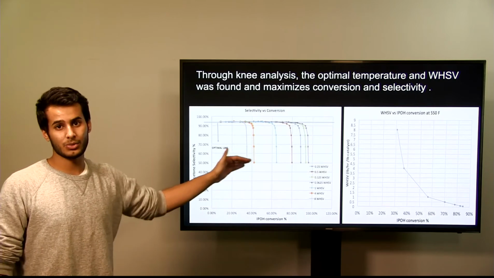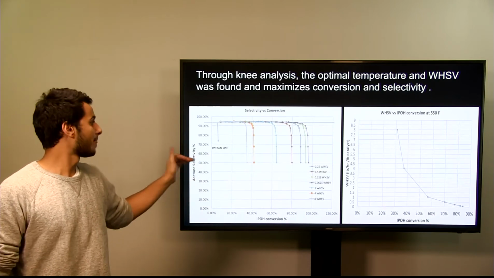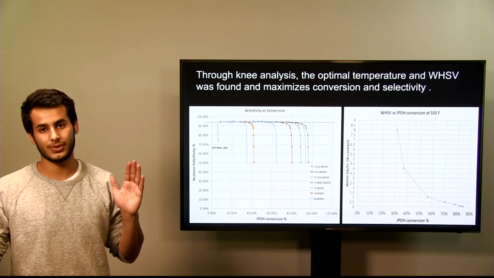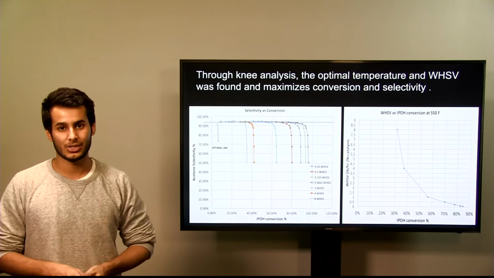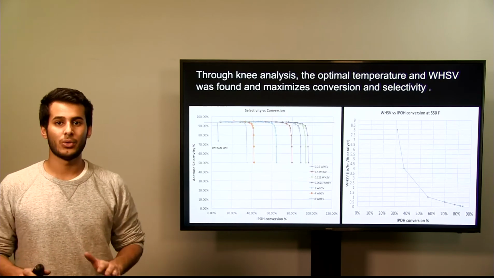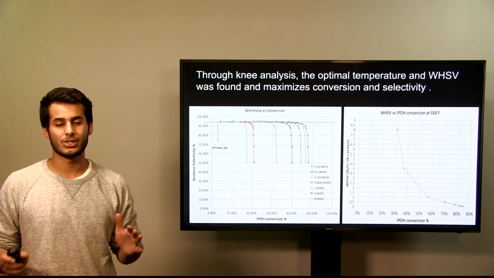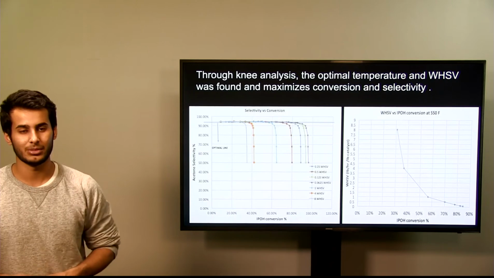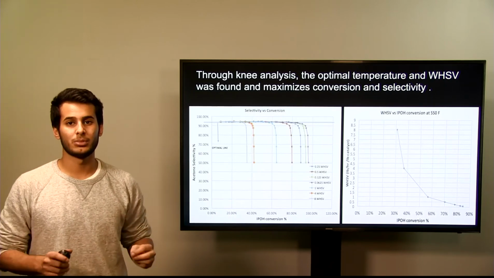And the knee region, as can be seen here, occurs between 550 Fahrenheit and 650 Fahrenheit. So our team has decided to go with 550 Fahrenheit. Now that we know that the optimal temperature is 550 Fahrenheit, or what we have chosen, which is within that limit, we need to know what is the optimal